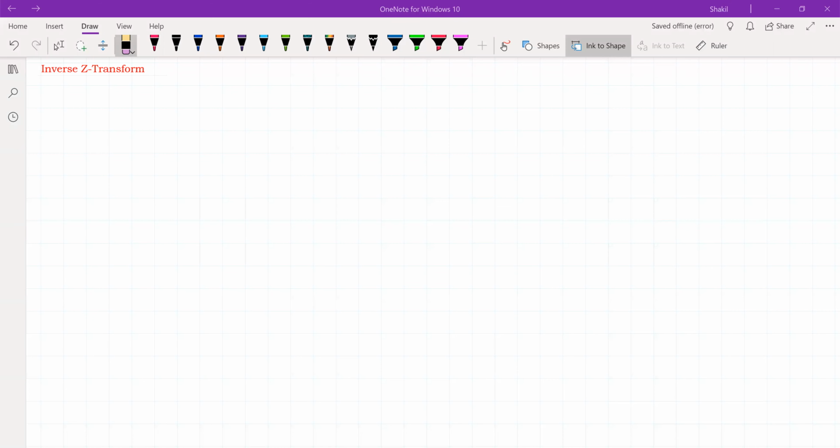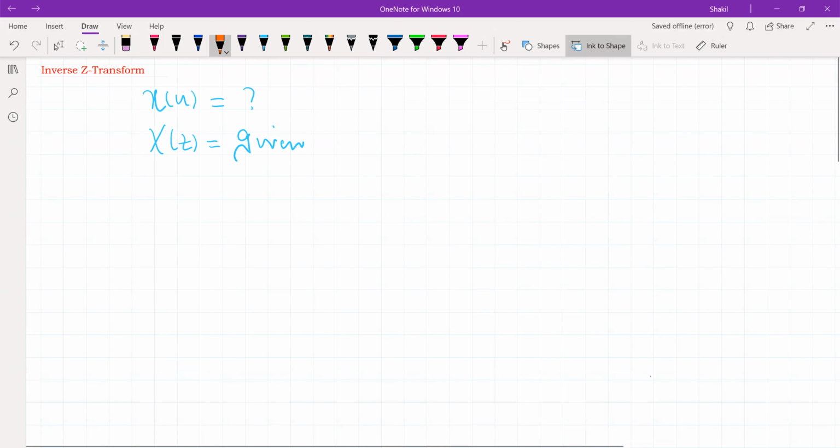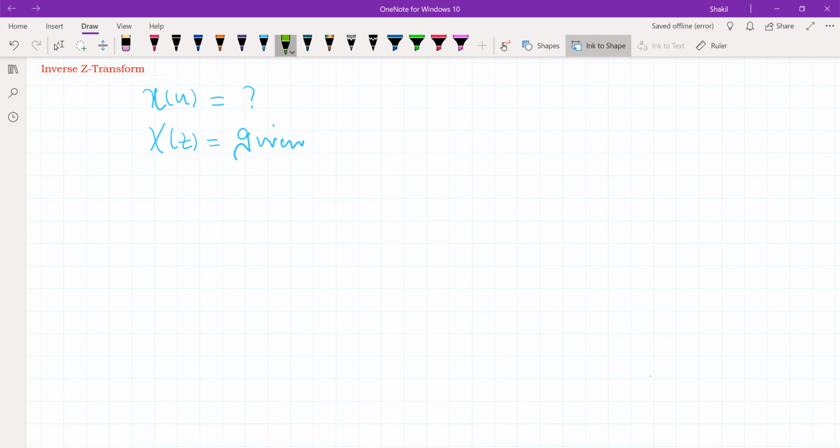Welcome. In this session, we'll continue with the discussion of Z transform, and our goal in this session is to compute x of n if x of z is given to us. So, how to compute x of n from x of z? This is termed as the inverse Z transform, and we know the formula for this is given as x of n can be computed from x of z by using this formula,